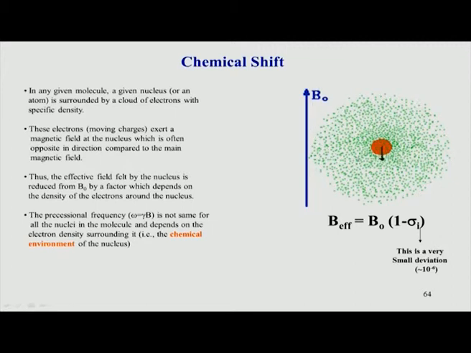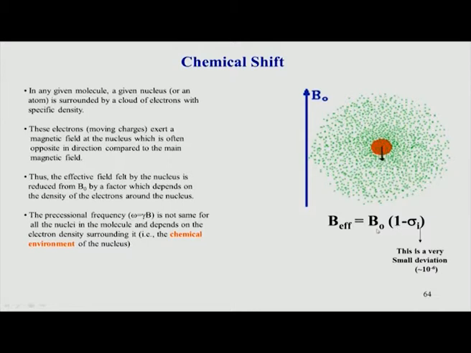Because of the motion of electrons, which are also charged particles, negatively charged, when they move around they generate a magnetic field, similar to the field generated by the main magnet. If you remember from the last class, this magnetic field comes from the superconducting coils, because of the current flowing in the coil. Similarly, the electrons which are moving around generate a magnetic field which is in the opposite direction compared to the main magnetic field, or it can be in a similar direction, but there is a magnetic field additional to the main magnetic field.